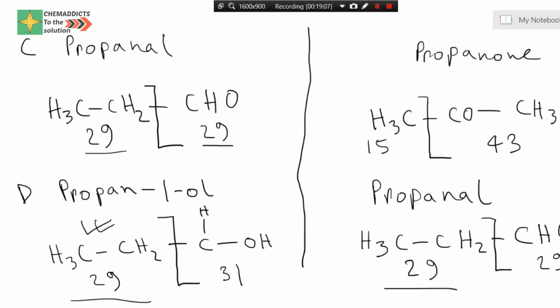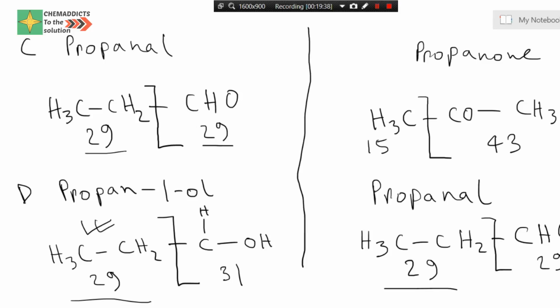You may take either of them, since both of these fragmented molecules have a mass by charge ratio of 29. Since both of the fragmented molecules coincide at 29, that is why we are taking D